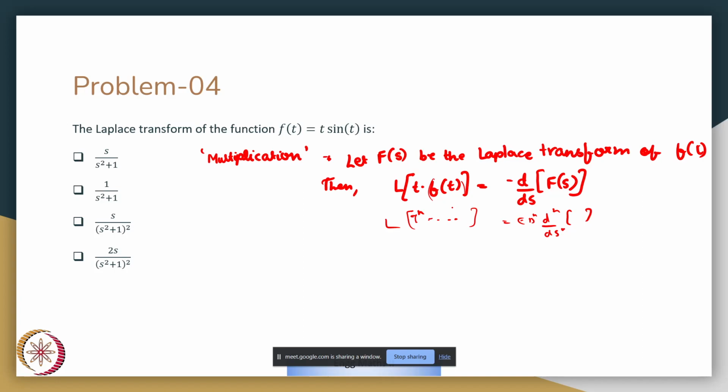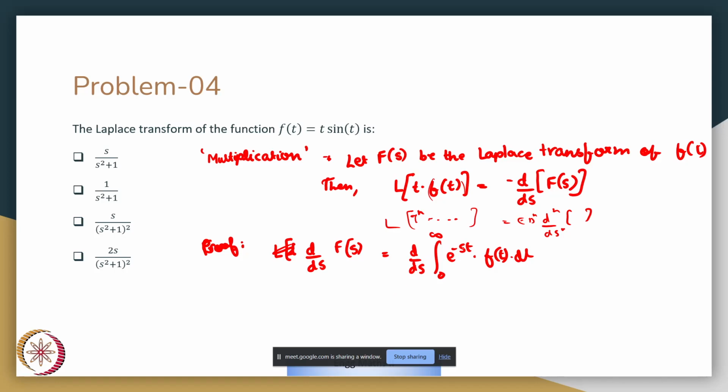Okay, so we can use this property for our particular function, where f of t equals sine t. But if we wanted to have a quick look at the general proof, it would go something like this. I'll just take the first derivative of F of s, which is nothing but the first derivative of the integral 0 to infinity e raised to minus st f of t dt. Now you can note that this integration is over